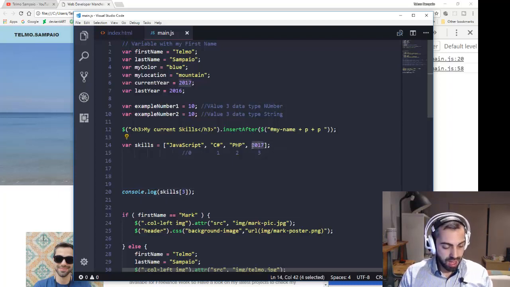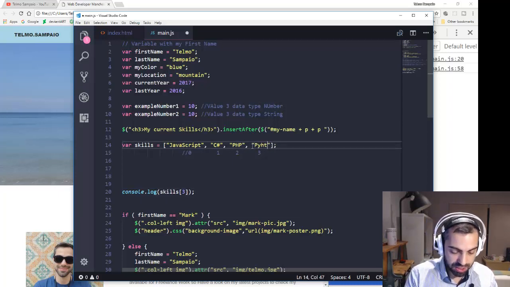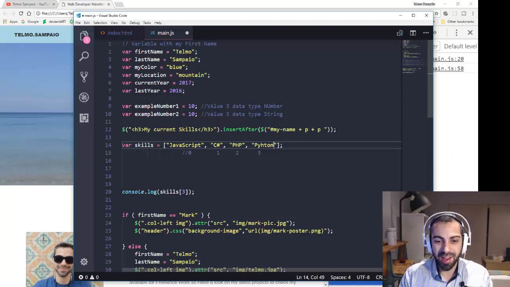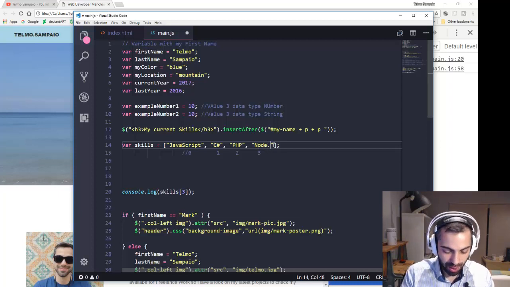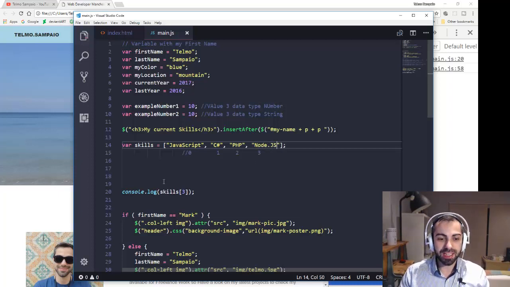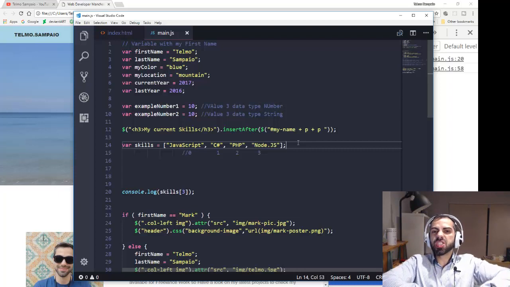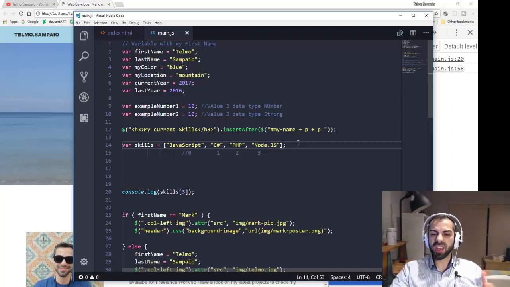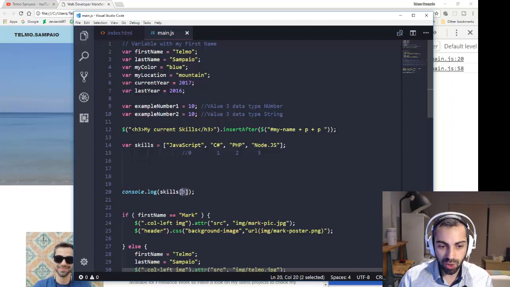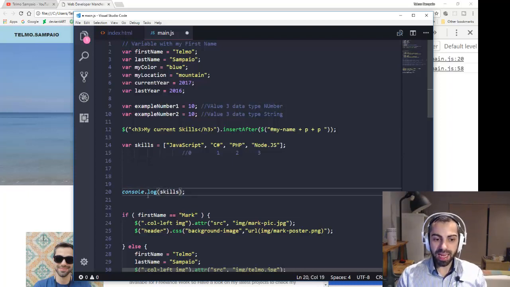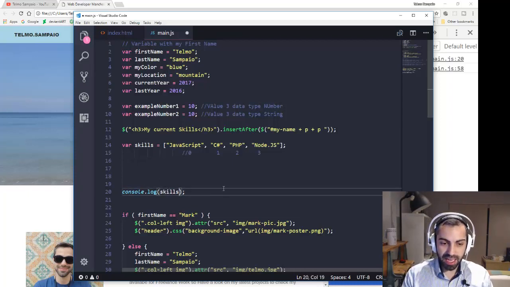So now, let me say, I will put in here, for example, Python. Or Node.js. I don't know any Python, but I should be learning a bit. I know a bit of Node.js. So I'm going to put in here Node.js. Now, imagine that I have an array that is really, really long. I put already a lot of values in here, and I want to count how many values I have inside of there. So what I can do is, I can do a console.log, and I can do